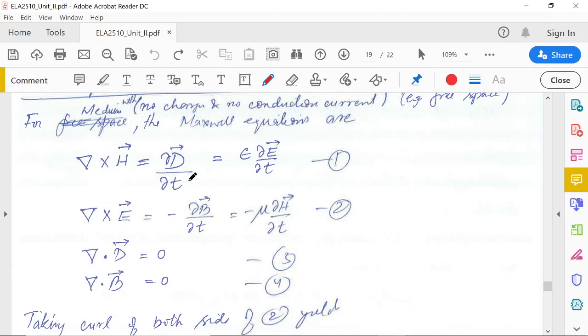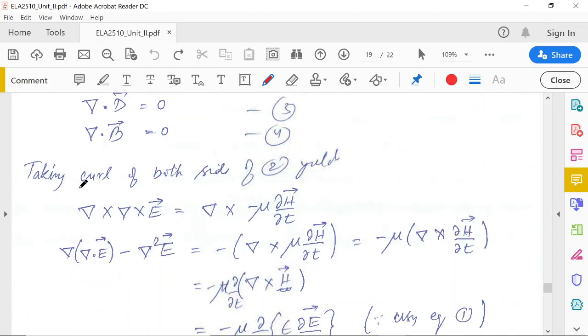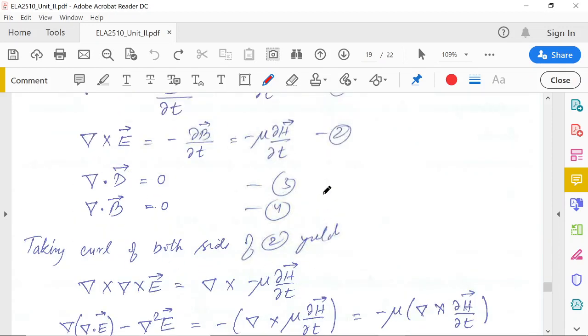Here we have a differential equation, but here we have both H and E terms. So it will be very difficult to find the solution for H and E from these two equations directly. So what we will do is derive a second order differential equation, in which we will find the equation only in H or E, and then we will see how we can look for the solution for these two equations.